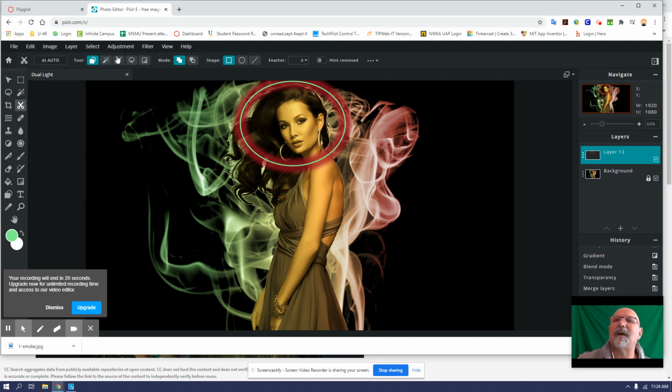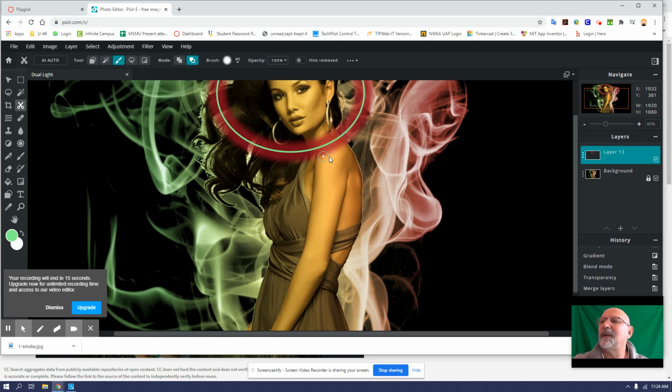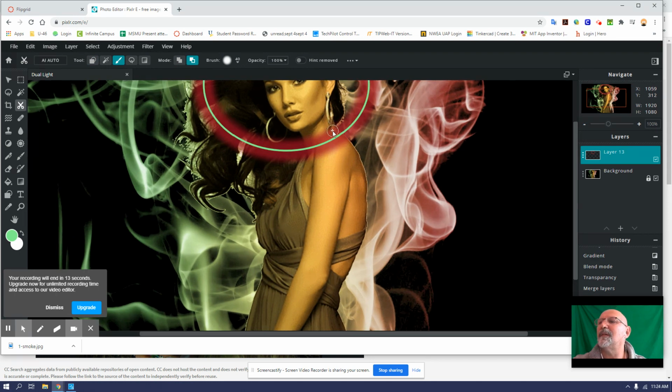It's the cutout and the mask tool, but what I want to do is draw a mask. So I'm going to zoom in a little bit because what I want to do is make it look like it's surrounding her. By doing this,